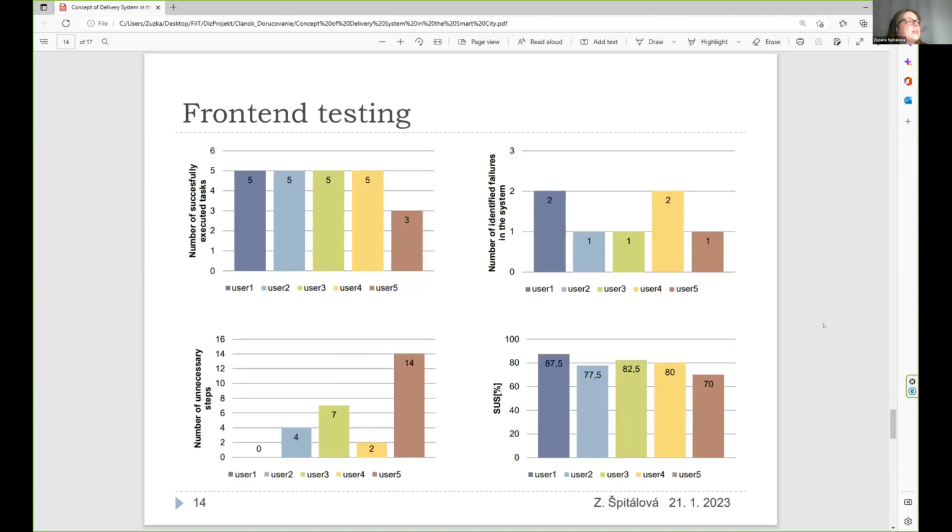And here I have some results from another testing of the front-end part. So the front-end part of our system was also tested by 5 users in the first phase. And five users tested this application from the user-friendly point of view.